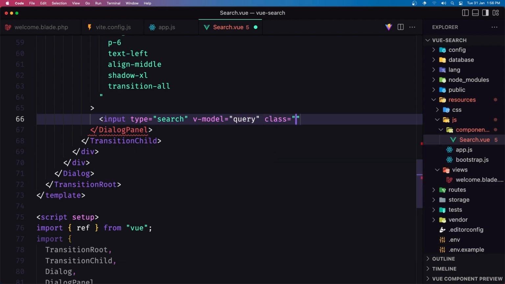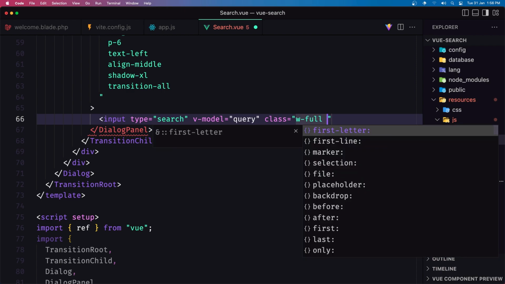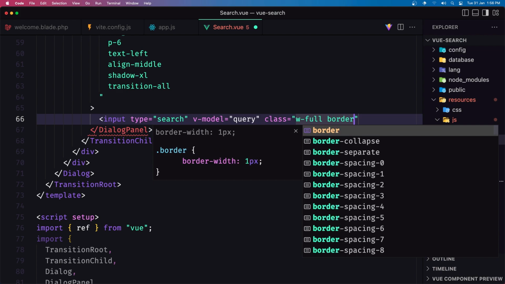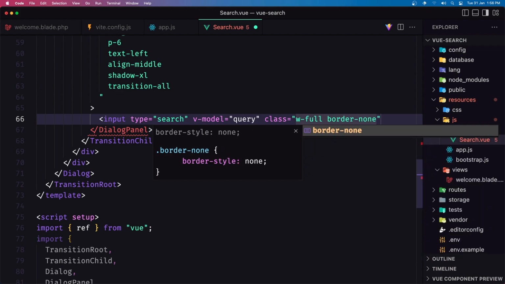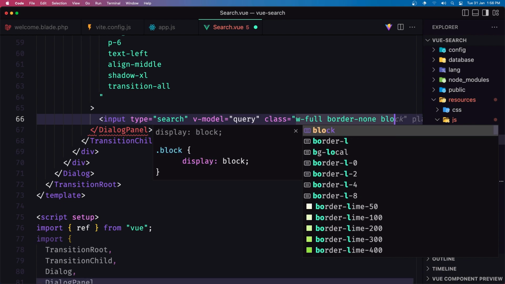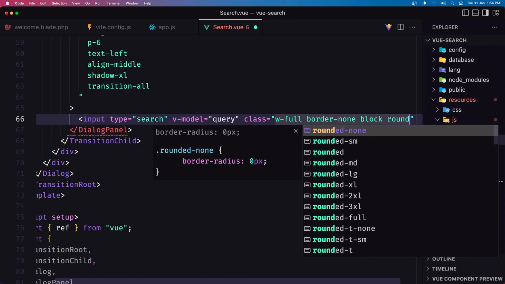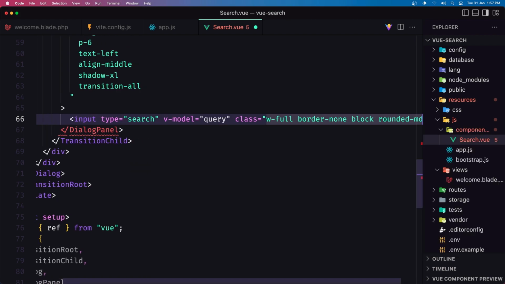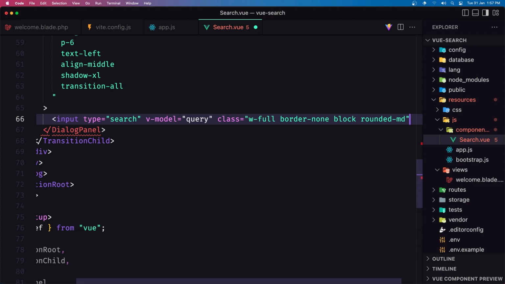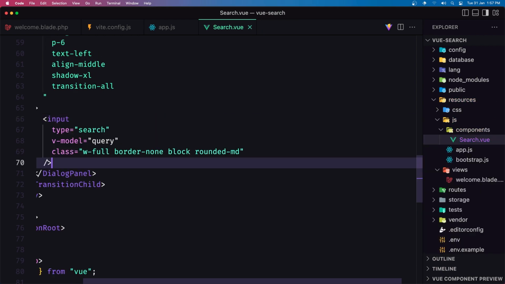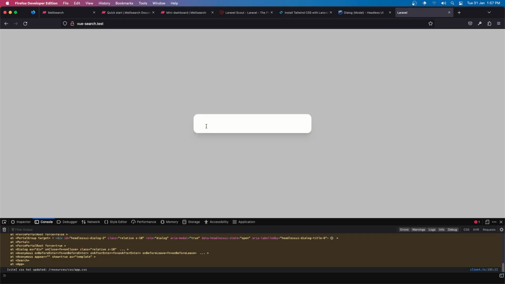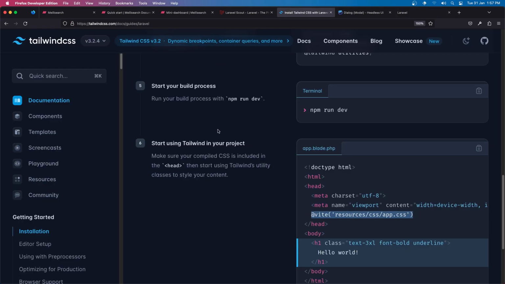Next, let's add some classes. I'm going to say width to be full, border none, and let's say also block. What we can say also around it, just md for now. And let's close this. If I open, yeah, we have something like this